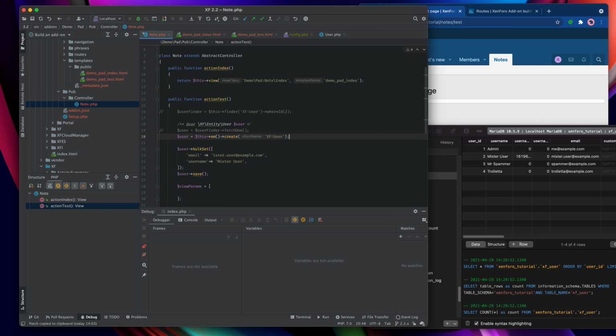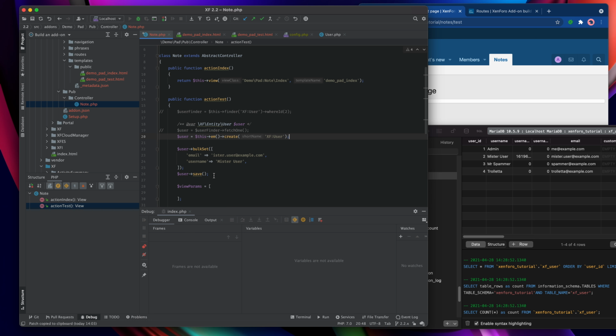And the item that returns will be essentially an empty entity, which contains all of the default information that is needed, but doesn't have the stuff that it can't work out by default. So things like the email and the username. So having created that, we then move into our bulk set or a number of individual set operations to pass the data that is necessary, and then we hit save, and that's all there is to it.